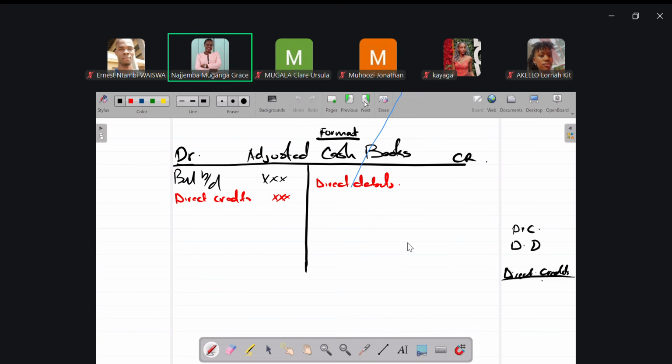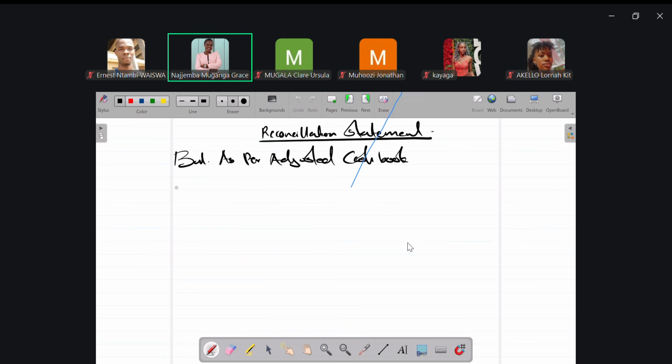So we need to come over here and make adjustments. So the format requires you add back unpresented checks, the checks that were not presented. We are going to add them back. You list them and then less